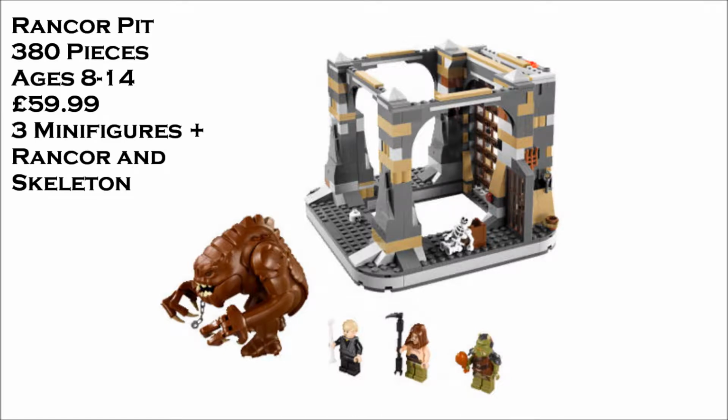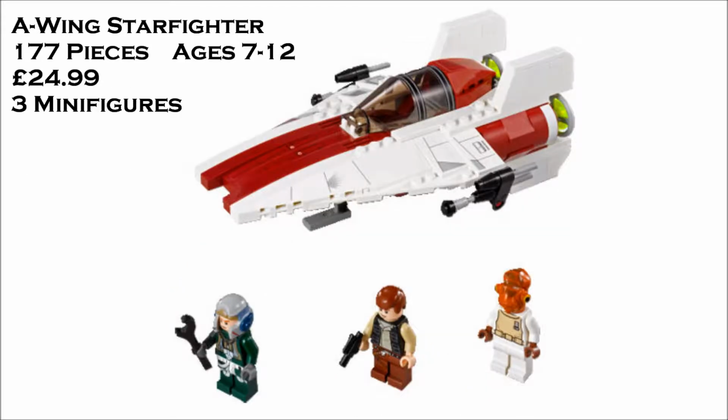Okay, now we go on to the A-wing Starfighter, which is 177 pieces, ages 7 to 12, and $24.99 with 3 minifigures. Now, the first reaction to this set, especially mine, was that there are a lot of stickers. But 177 pieces for a £25 set. If it's got fewer pieces than both the Speeder and Sidecar and the ATRT, it should be